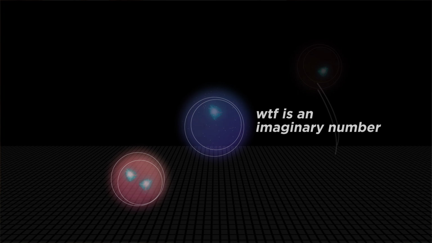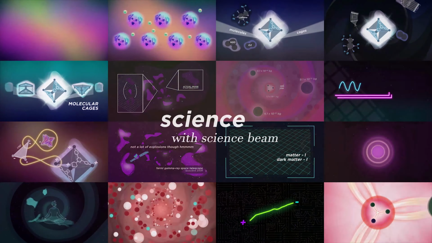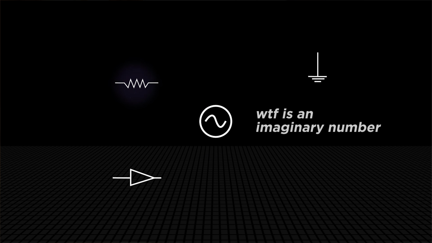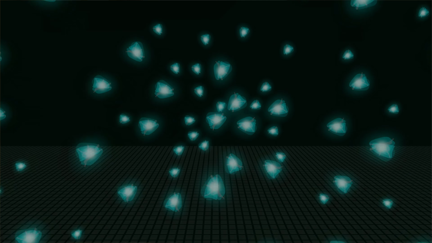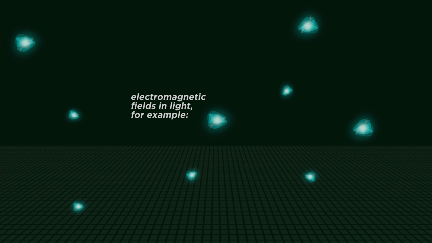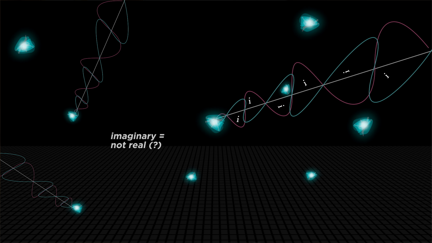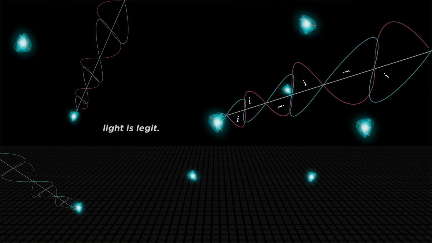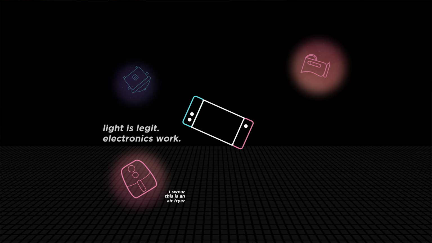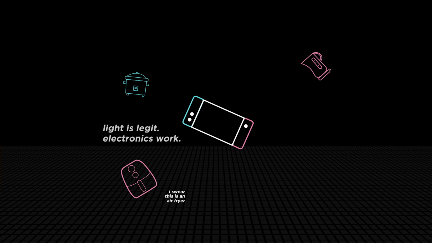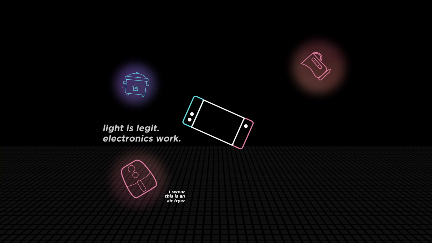What the fuck is an imaginary number? A few years ago, I had a class on electronic physics, and the concept of imaginary numbers was everywhere. When electromagnetic fields come up, the concept of imaginary numbers comes up as well. And it's quite misleading to call imaginary numbers imaginary because the things that they represent are very much real. Electromagnetic radiation is real. Our electronics work because we were able to establish the math behind electricity so well that we can predict how electricity works.